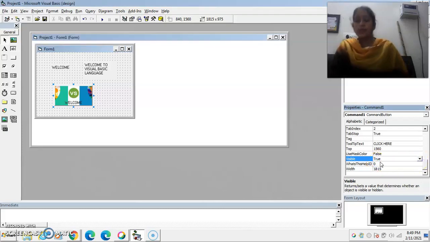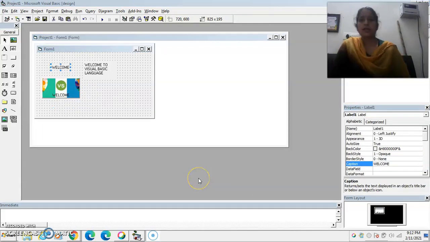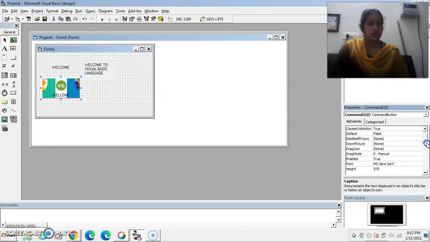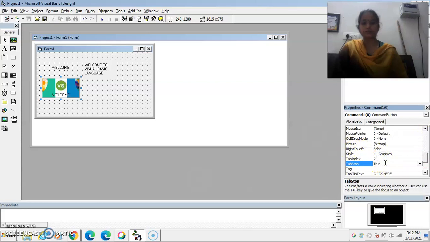Now the next important property is the tab stop and tab index property. Suppose you want your command button to be accessible through the keyboard by using the tab button, then you can use these properties. As you see on the screen in the properties window, tab stop and tab index property.